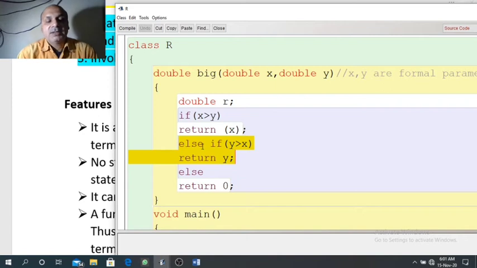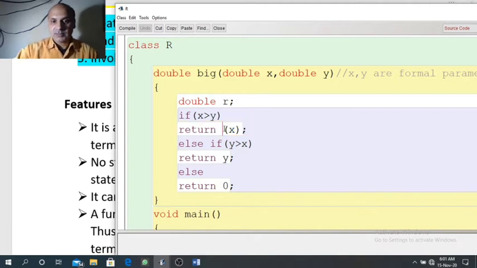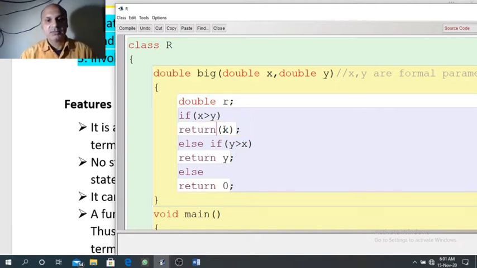Return statement can be written in two ways. After return keyword we can have space and value, like we have written return y, or after return keyword, after space we can keep the value inside a bracket also, like here return x is used. Space is not compulsory, you can leave the space also, then also it will work. So if x is more than y, then x will be returned. If y is more than x, then y will be returned.